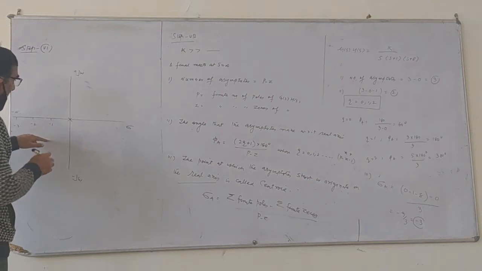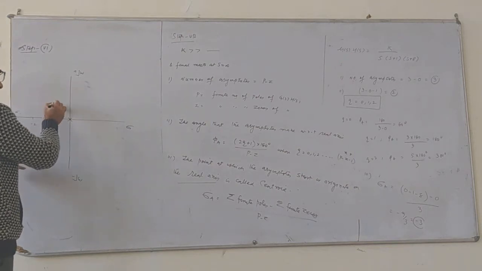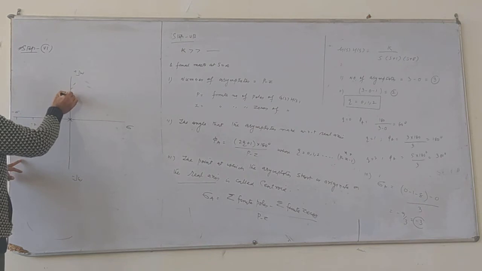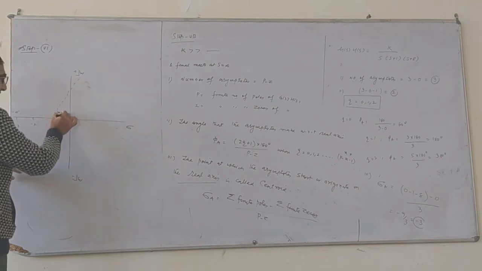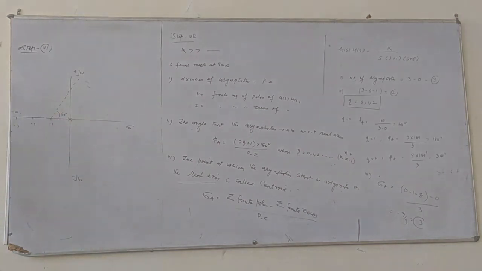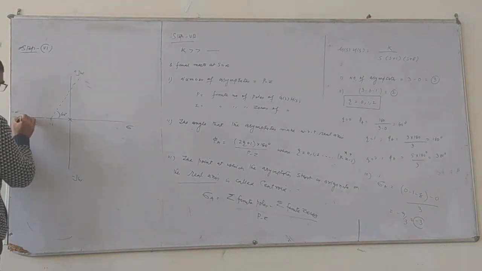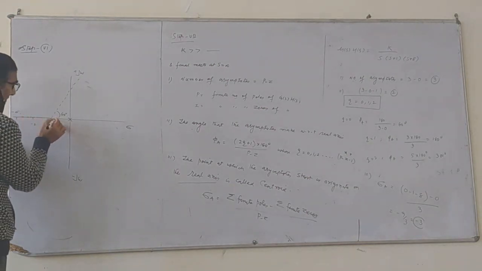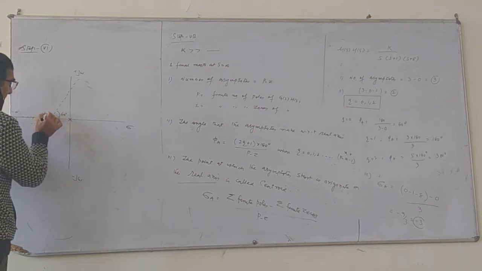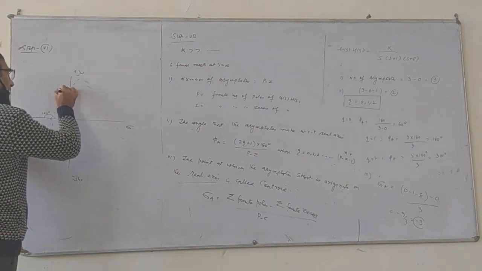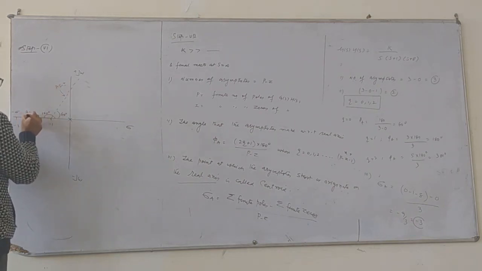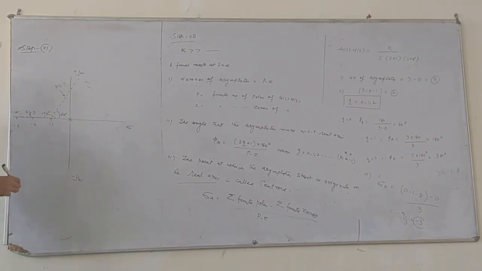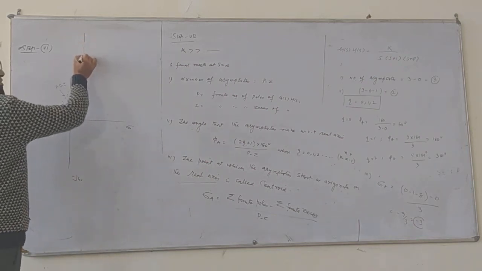Now, first angle is 60. So this is 90. Half of 90 is 45, there is 50. So approximately 60 will be somewhere like this. This angle with respect to real axis will be 60. You can use your protractor and there is no need. But approximately. Second, 180 degree is here. This with respect to real axis is 180 degree. So this is asymptote number 1. This is asymptote number 2. Now third is 300.